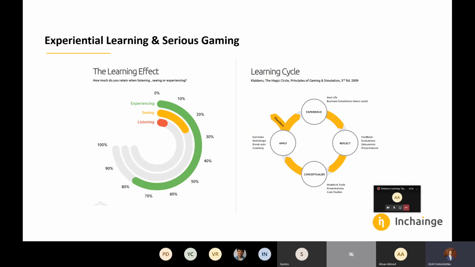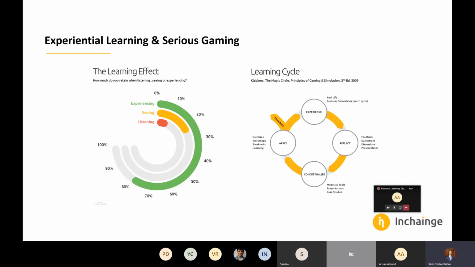So you see that listening really contributes to only 10% of learning or understanding the material, and then seeing is a bit more effective, around 25%. Although that would, of course, depend on if you are a visual person or if you like to just listen. But actually experiencing something is way more powerful, and that goes up to 80%. The learning effect is 80% more effective